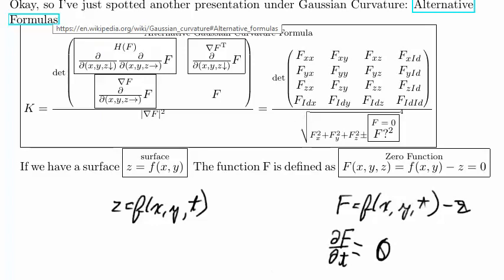Del f del t, that would have the effect of zeroing here if you actually did a derivative with respect to, well, no. No, it wouldn't, because you're just going through the list. You're going del f del x, del f del y, del f del z. Oh, but no, you would be adding a del f del x, del f del y, del z, del t right here. So you don't want to do a derivative with respect to time there. All right, I think I'm going to take a break now. Maybe when I come back to it later, I'll actually plug this thing into Mathematica and see what